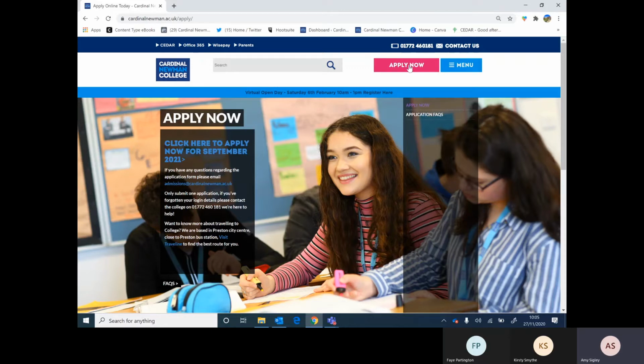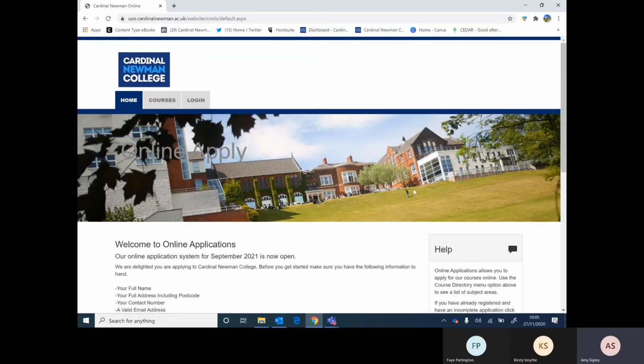Okay, so if you start doing it and you've made a mistake, don't worry. If you've submitted it, you have to stick with the one that you've submitted, but you can make changes at the college interview. So if you've submitted it and you've missed something off or you've put the wrong thing in, don't worry. Unless it's a contact detail that's wrong, you don't need to let us know about that until your interview. Okay, so once you're ready to get started, click here to apply now, and it will bring you to